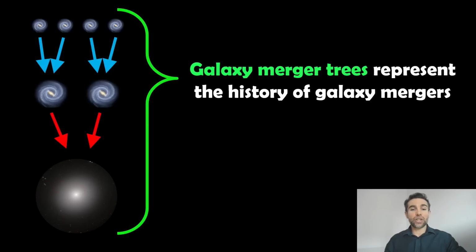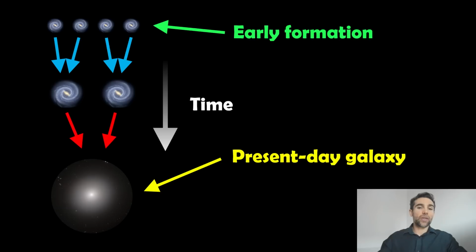So a galaxy merger tree essentially represents the history of these galactic mergers as they're colliding and growing. If we look at the top there, we've got the early formation ones, so these are the younger galaxies, and over time those smaller ones will group together, they'll collide and merge, you get bigger ones, and then that brings us to the present day galaxies. So here we've got quite small spiral galaxies slowly evolving into a large elliptical galaxy. So it's basically the history of all of these merger events